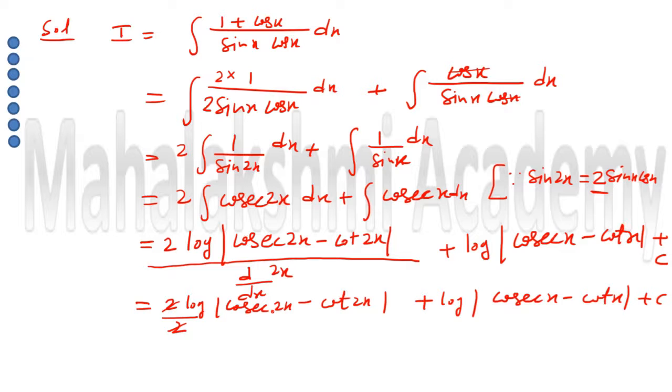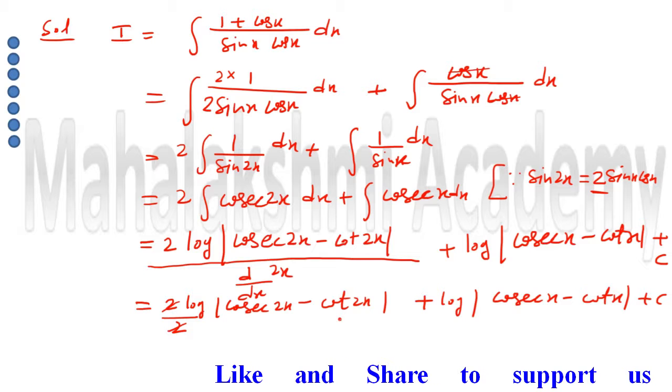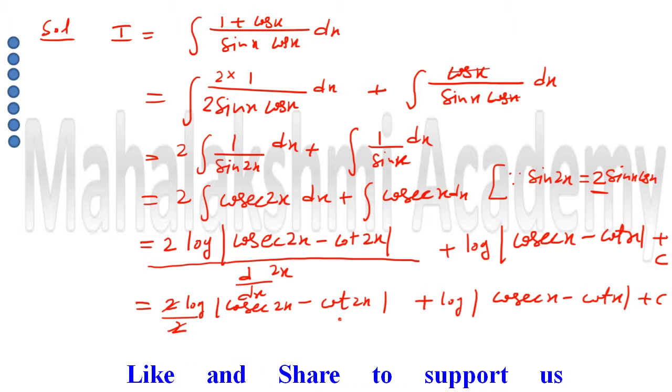So this is your answer of the second part, integration. So I hope it's clear to you. When we differentiate it, this 2 will come in front, and the differentiation of x is 1. So you will get 2 into 1. That 2 and this 2 will cancel, and we will remain with only this. So this is the integration answer. So I hope question number 6 is clear to you.